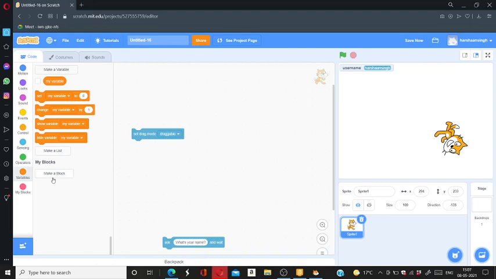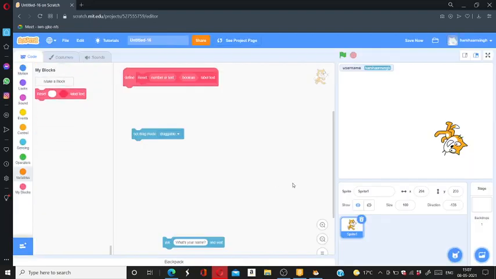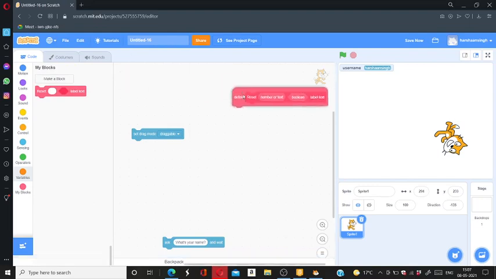So the My Blocks section is when you make your own block. Like I can name this block reset. It will not work till we put input, boolean, number or text, or label. You have to define this block; it won't work until you define it.